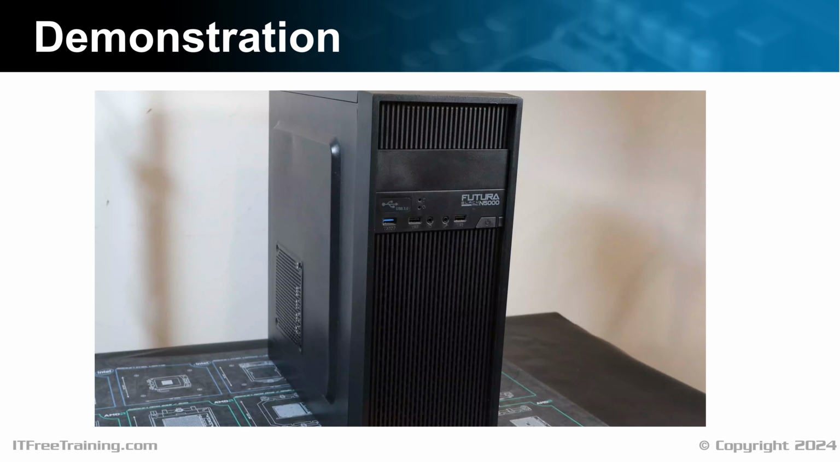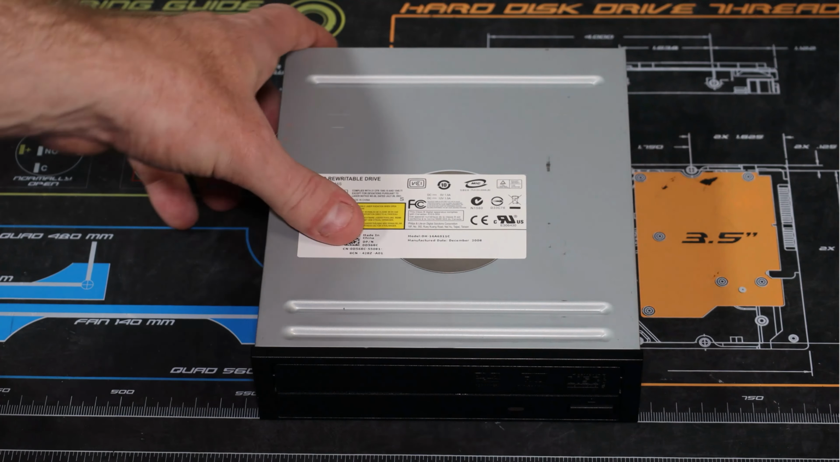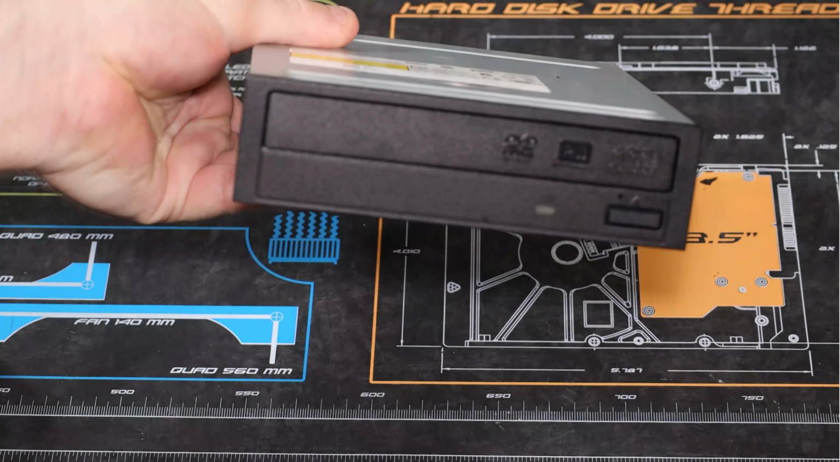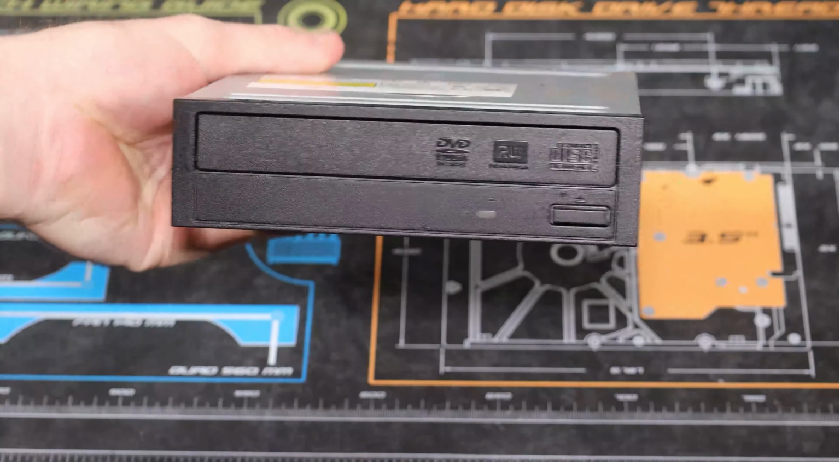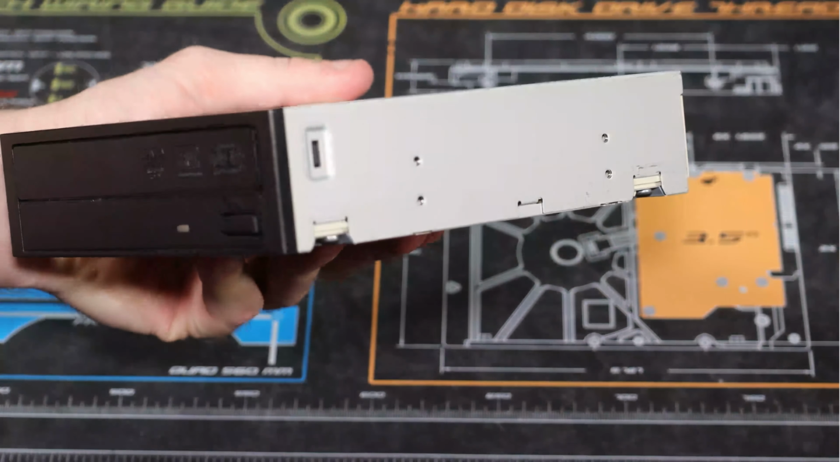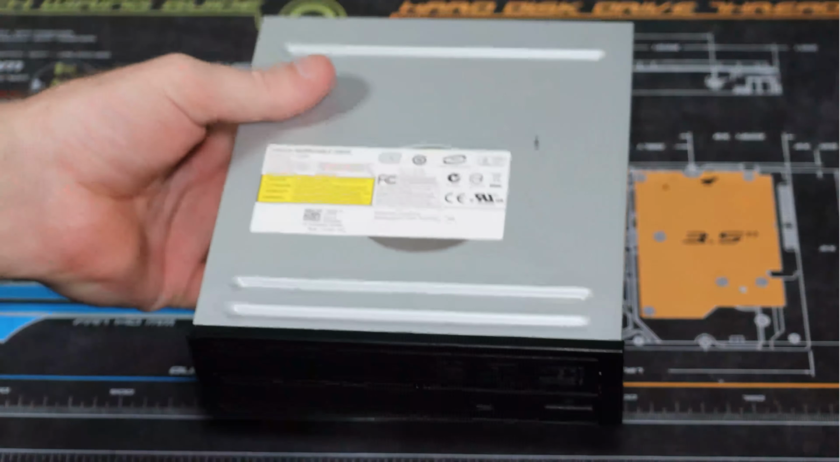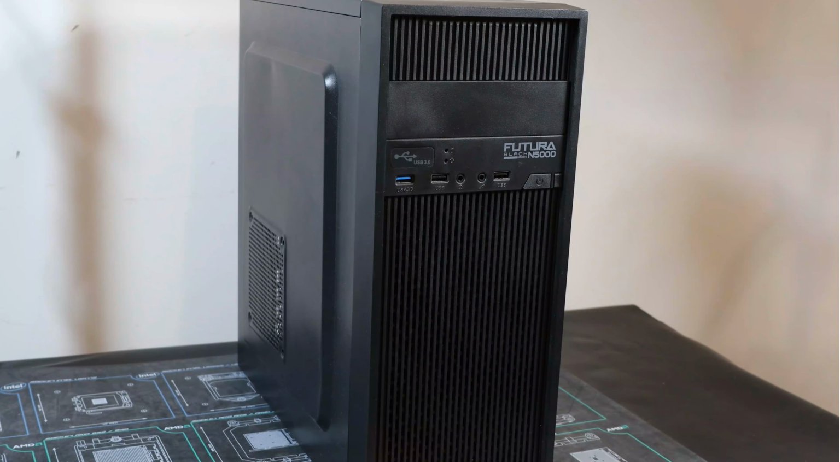For this demonstration, I'll be installing a CD-ROM drive into this computer. The CD-ROM drive is a 5¼ CD-ROM drive. This will be installed in the 5¼ drive bay in front of the computer. This computer has a 5¼ drive bay at the front. As optical drives are becoming less common, you will find that less and less computer cases are including a 5¼